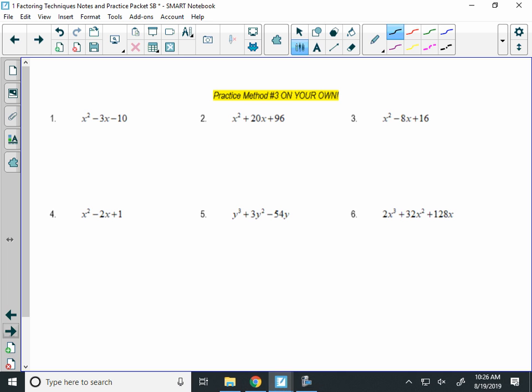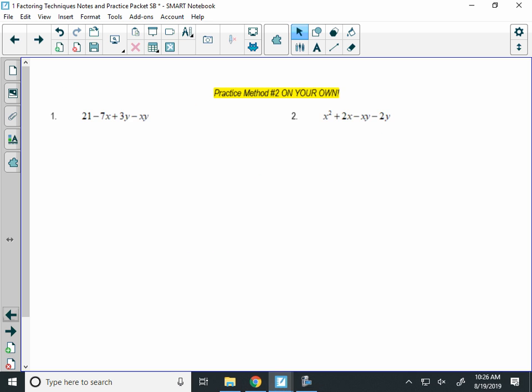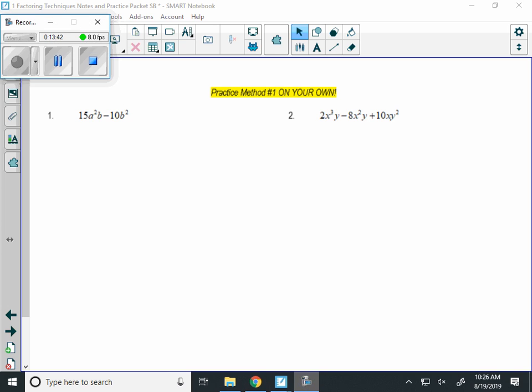So here's what we're going to do for the rest of the day. You have 6 problems here for method 3. You have 2 grouping problems up here, and then 2 GCF problems. When you're done with that,